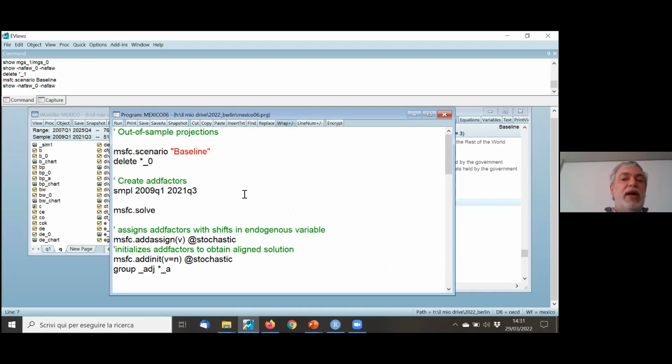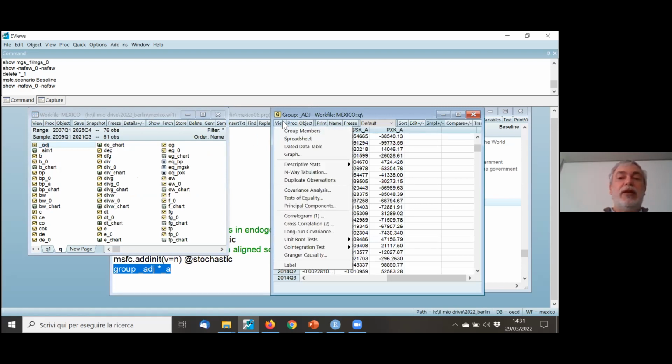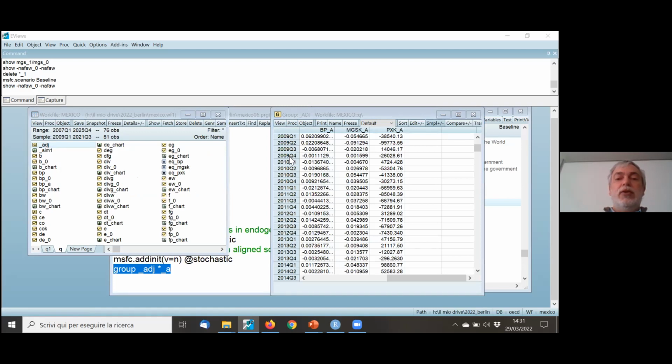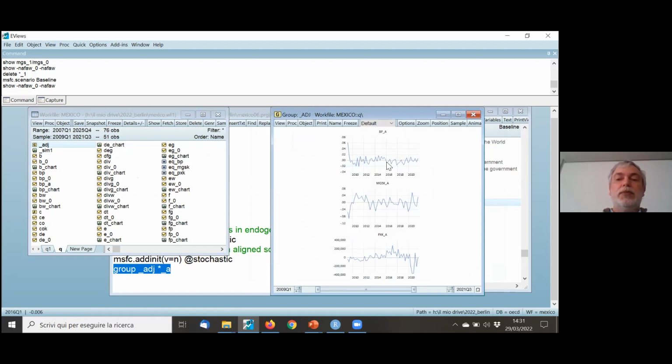So the first part is the creation of the add factors and the assigning values to the add factors. And then I create a group of add factors in order to visualize them quickly. So why do I need to do that? Now we only have 3 add factors, so let's look at them one by one using